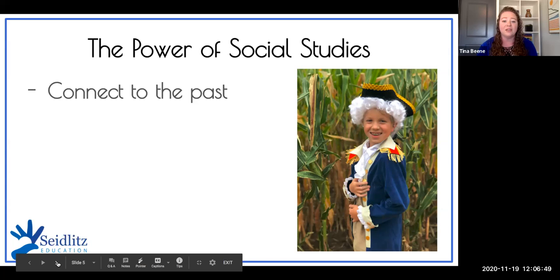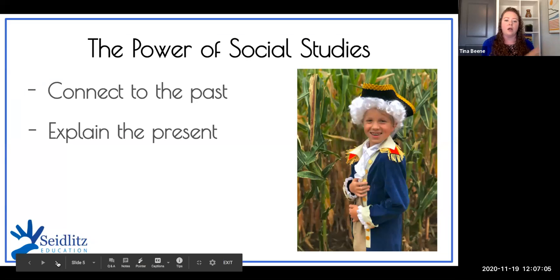And I'm just so grateful that he feels connected to the past, and he still wears that tricorn hat around the house. So for a lot of our students, they don't as easily see themselves as George Washington. So it's really important that we help our students understand that where we are now is a result of our past. And that helps us explain what's going on a little bit within our present day. And also, our students are going to eventually influence the future, and they already do. But the future choices they make as adults are predicated on their understanding of what has happened before.